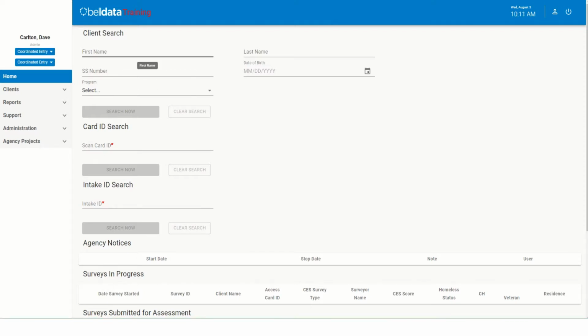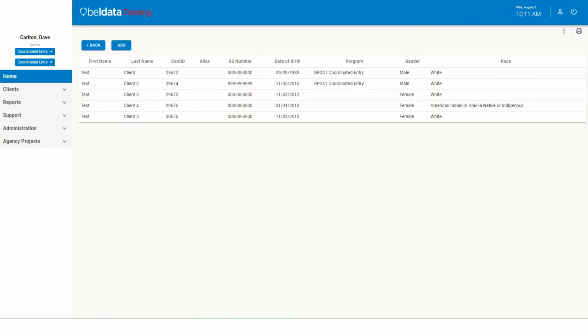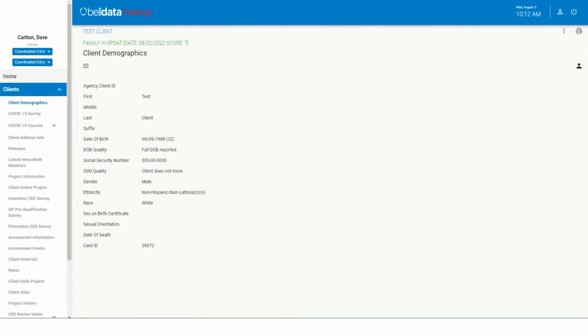It's in our home screen where we're going to search for our clients. The best way to do that is to use the first two letters of the first and last name to enter limited parameters so that we get the widest return on our list. So I'm looking for test client. I've found them. So I'm going to click on the link,